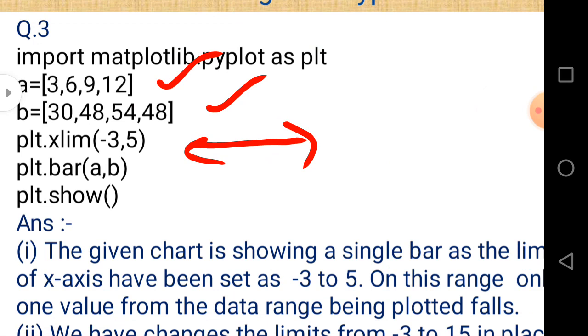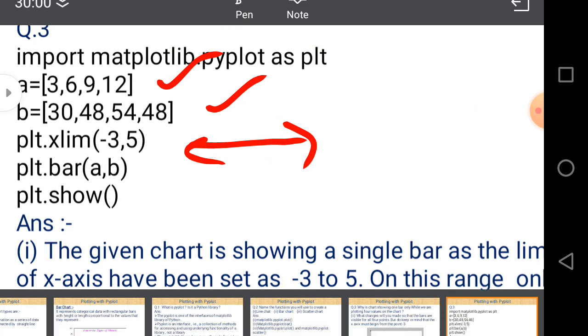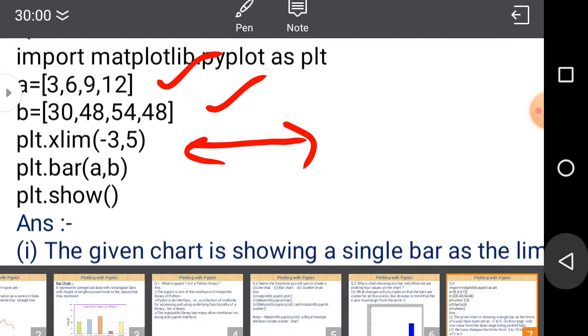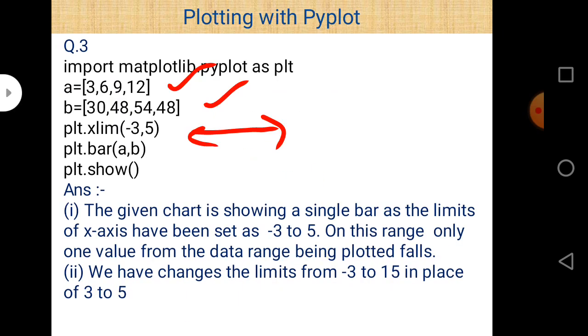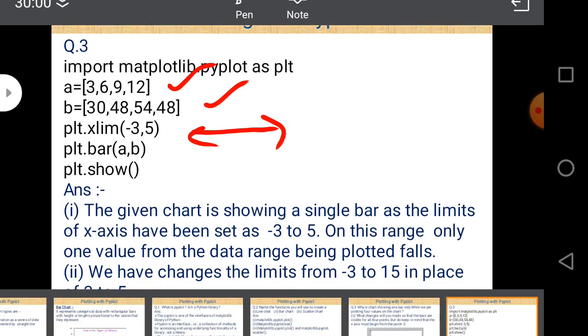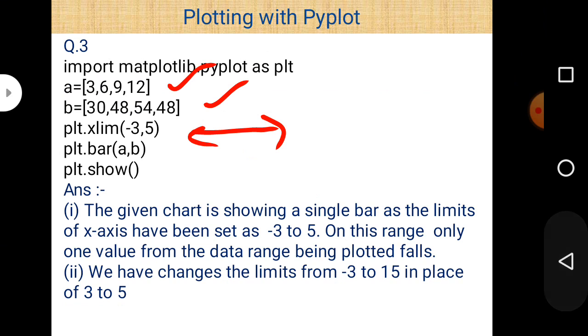We can easily see that the value of a starts from 3, the second value is 6, the third value is 9, and the fourth value is 12. So between -3 and 5 there is 1 point only, and this is 3.